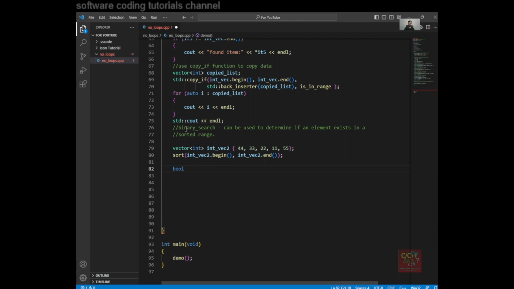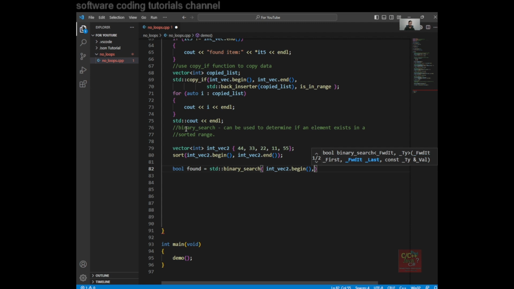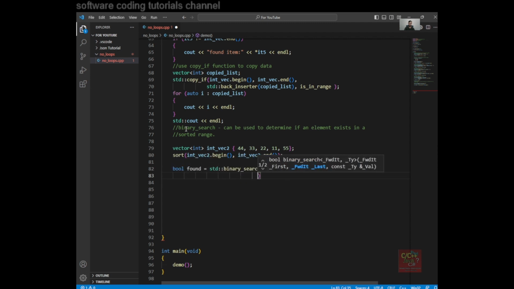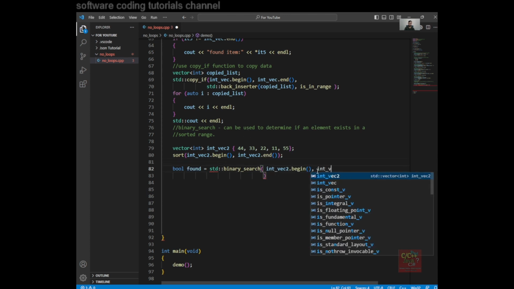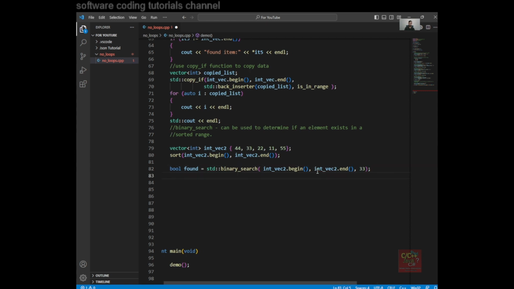So let's say bool found equal to standard binary search int vect begin, int vect end, and I want to find the value, should be int vect 2, 33,